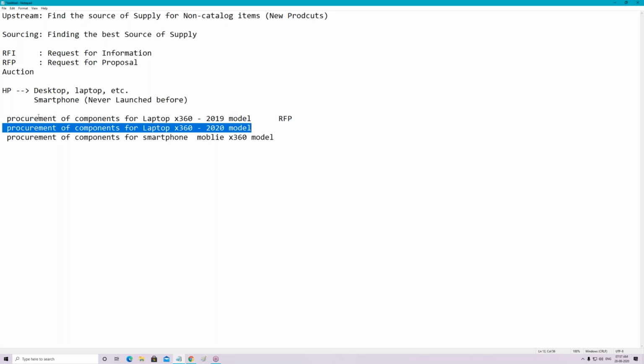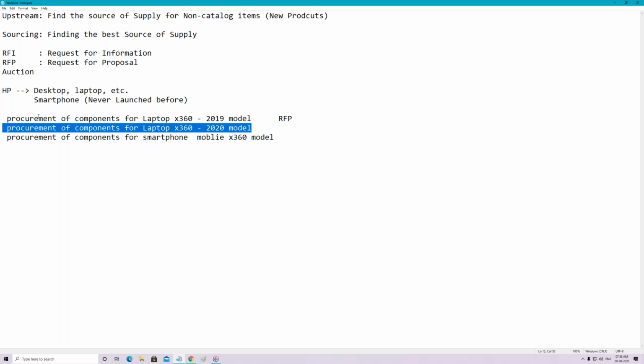Yes, the model number has changed. What has happened is that instead of 4 cores, you will get 6 cores. The speed will rise a little bit significantly. If it was 3 gigahertz, it will rise to 3.2 or 3.3 gigahertz. So all of you will say, Manoj, the components remain the same, until and unless somebody invents that you don't need a CPU, and instead you need something altogether different. Then you have to know about the characteristics of that particular component. Until that is done, even if you are going with a new model, it does not matter.